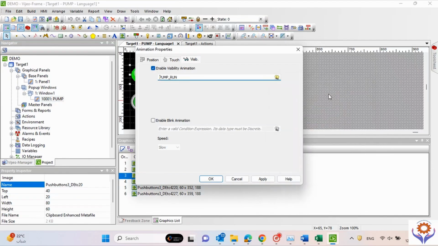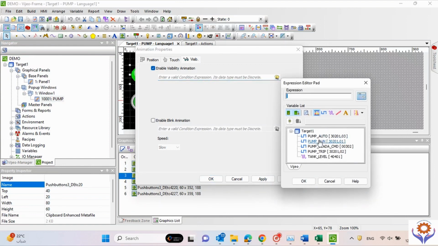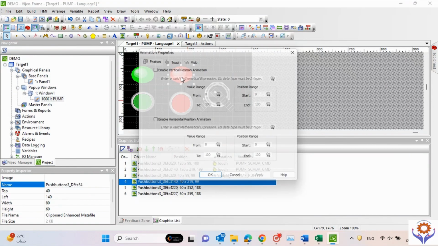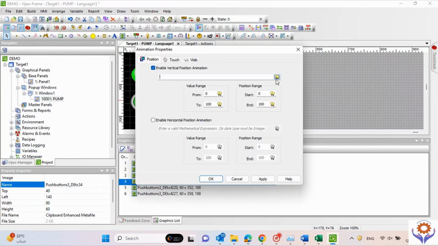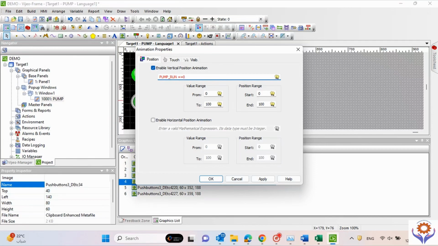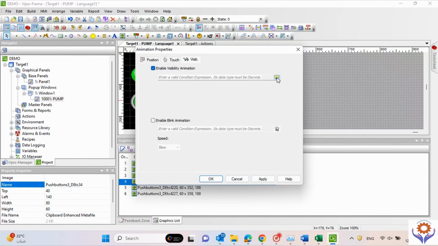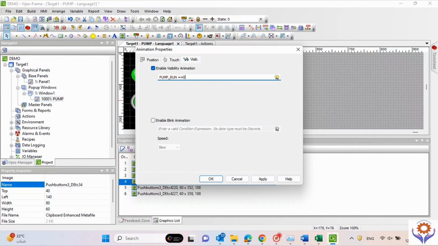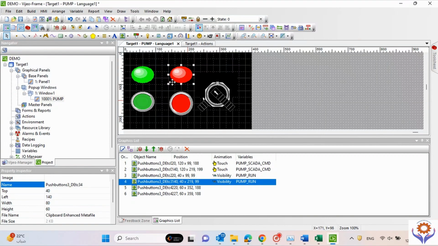Okay, and you can even give here one pump equal to 1. If it is equal to 1, this will display. If it is equal to 0, the red lamp will be displayed. Sorry, you need to give it in the visibility. If it is equal to 0, this function will be displayed. Okay,